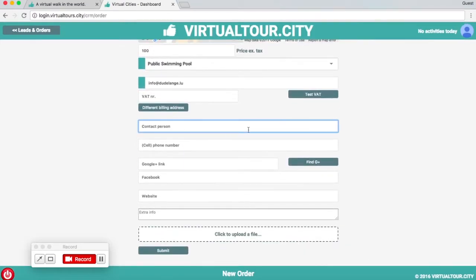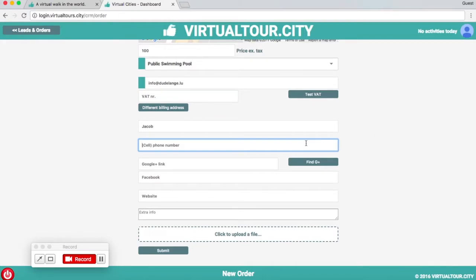and if you have the VAT number of the business then you can enter it, but it is not compulsory. Here you will add the name of the contact person with whom you made the contract or with whom you got in touch to offer your tour. So I will just add Jacob,